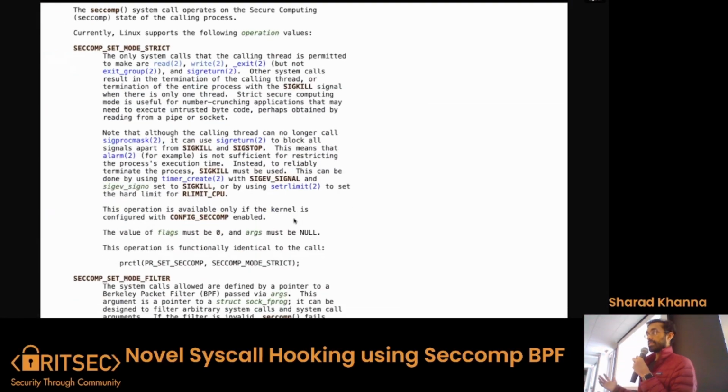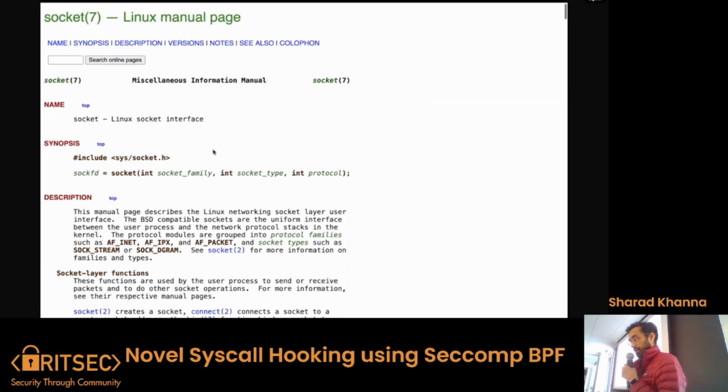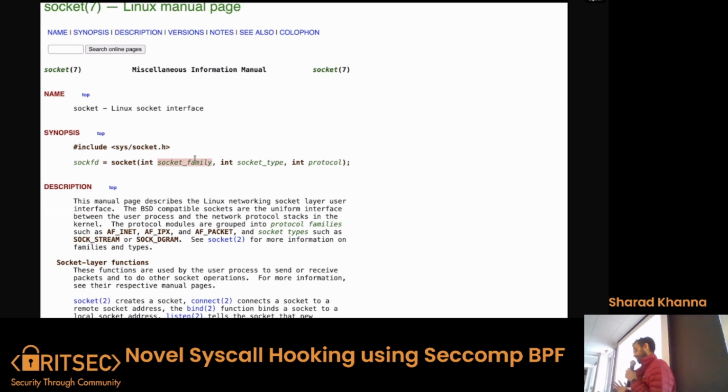So, for example, Seccomp is primarily a sandboxing technique. Let's say you don't want a program to open Unix sockets specifically. What you could do is create a Seccomp program to hook the socket syscall. You can look at the family argument and check if it's the AF_UNIX family, and if it is, you can deny the syscall, and that would basically kill the program. So in that sense, it provides a very powerful technique to easily sandbox